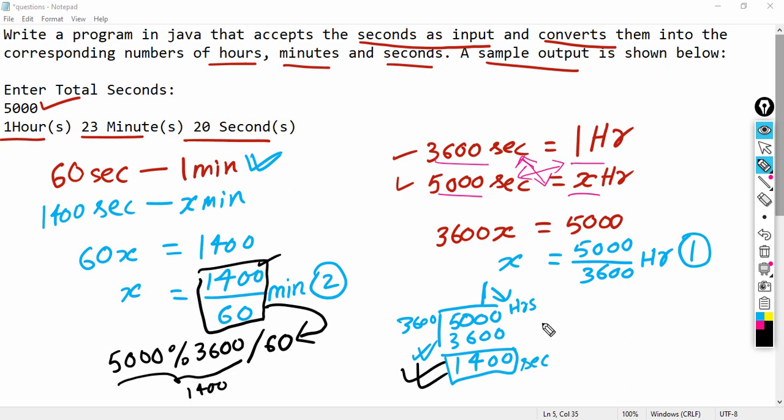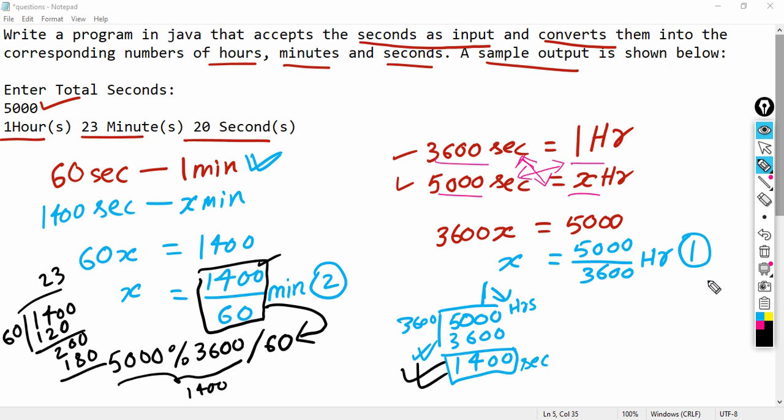And now, we are left with the number of seconds. So, let's see the answer for this. 1400 divided by 60. So, 6 twos are 12, that is 120, and 200, so this will be 3, 180.